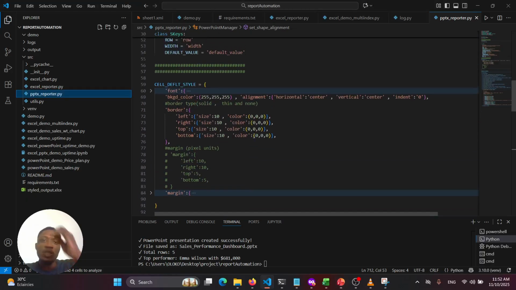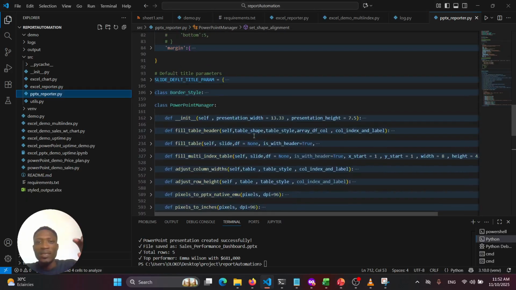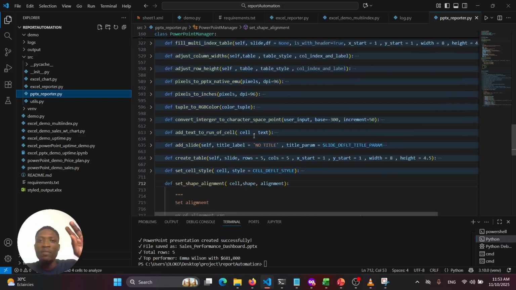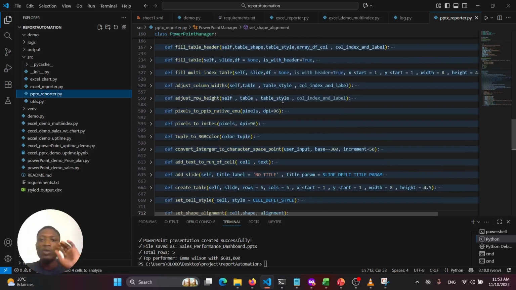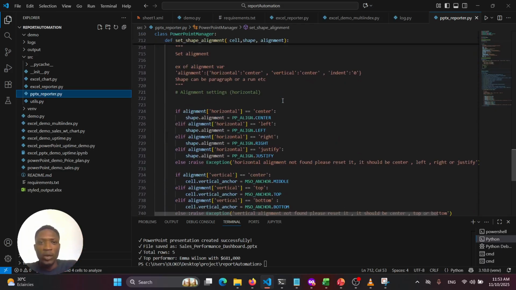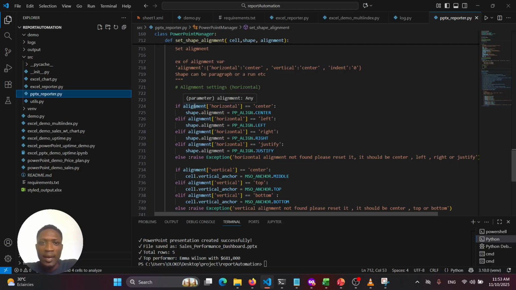So what I did is I wrote some methods that will help you to do this really fast. You just have to specify the styling that you want to apply to the data, and then behind the scenes, I define a lot of methods that will help you to do this. Let me give you a quick example. For this alignment, I set the horizontal alignment to center, for example, and then behind the scenes,